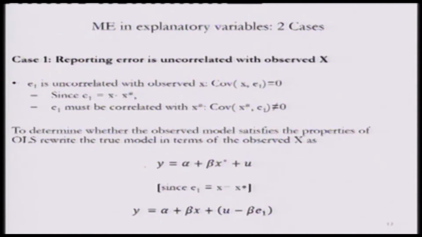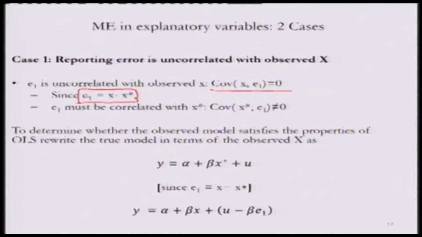Now, in this case, when the measurement error is in x, we have two cases. Case 1 is when the reporting error is uncorrelated with the observed value of x. So, what we are saying is that the measurement error E1 is uncorrelated with observed x, so that the covariance of x and E1 is equal to 0. But recall that we had defined the measurement error as the difference between the true value of x and the observed value of x,